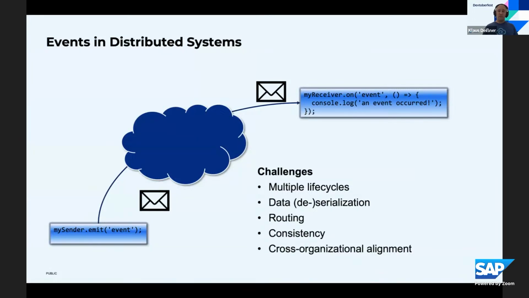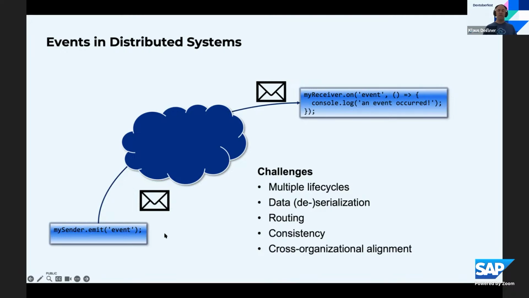But in distributed systems, so more the world of nowadays, that comes also with quite a few challenges. So if you see our producer would be here on the lower left, that emits an event, it usually gets transmitted over the network, over maybe even the internet, and some receiver wants to receive it and act upon it. So those two usually do not share the same lifecycle. They're deployed independently, configured, set up. Maybe even they are run by different organizations. And all this needs alignment and clarity on the contract.